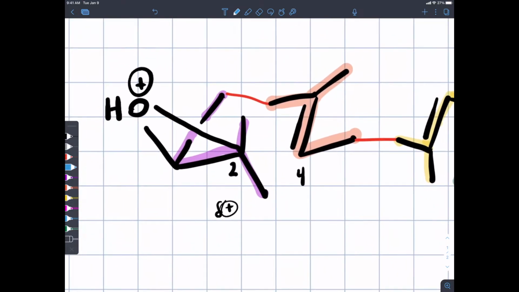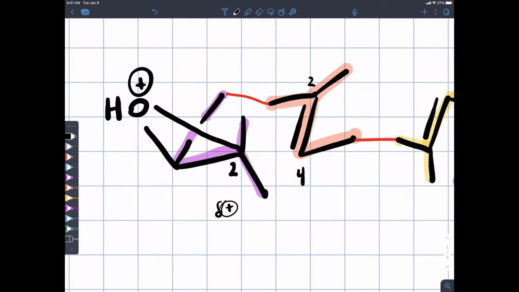Okay, so epoxide chemistry that you've already learned about tells you that the reactive portion of this epoxide is right here on carbon 2. Notice that 1, 2, 3, 4, 5, 6 atoms away is an atom that's involved in an alkene, and you know that alkenes can be nucleophiles, right? So we're going to have this alkene act as a nucleophile